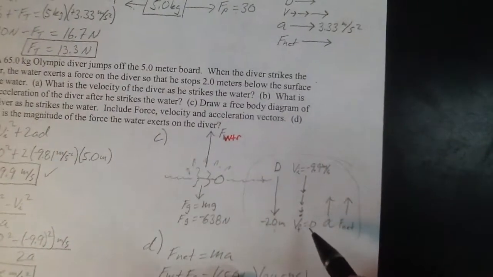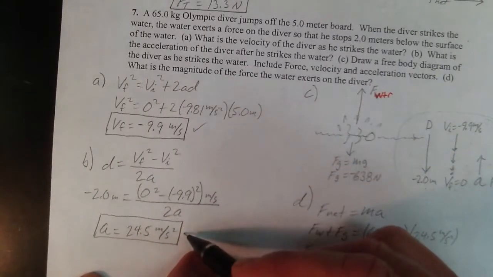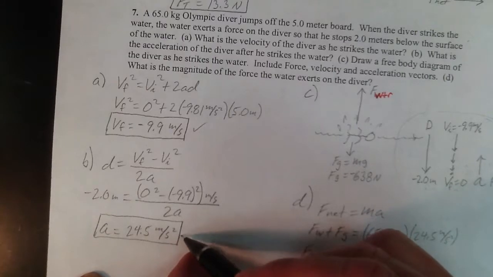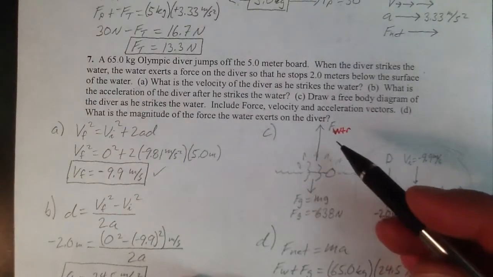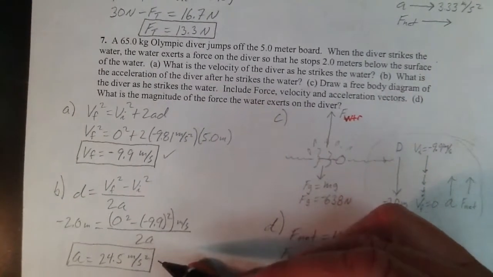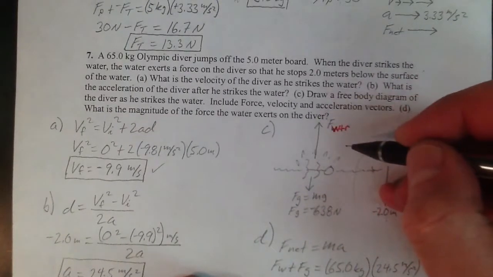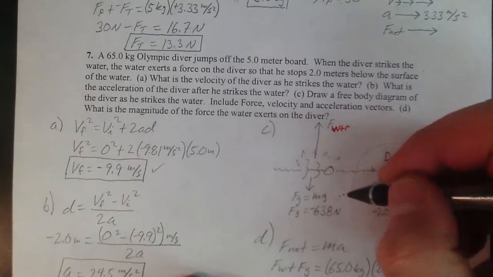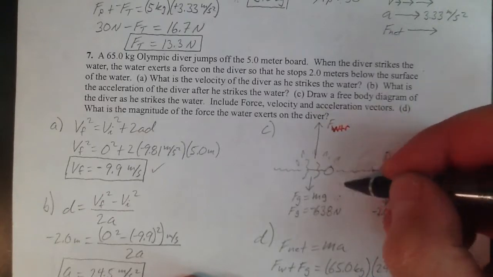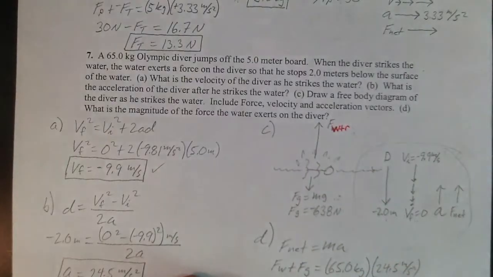All right, let's go to our kinematics and get this acceleration. We can find that it's got a tremendous amount of acceleration because we're coming to a stop in a very short distance. Now, usually what students want to tell me is, well, the force of water is equal to mass times its acceleration. That's incorrect. You have not accounted for all the forces on the diver. Force of water is only one of 2 forces acting on the diver. He didn't all of a sudden go into outer space to do this dive. He's got his weight acting on him as well as the force of water.